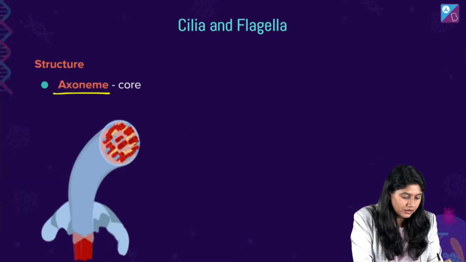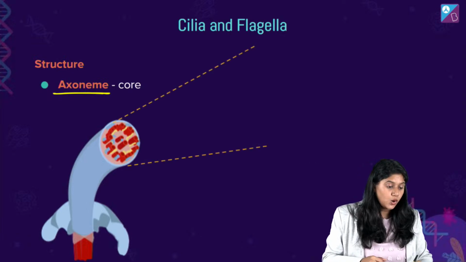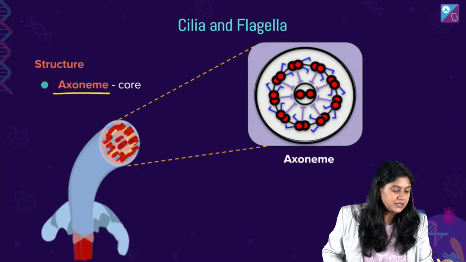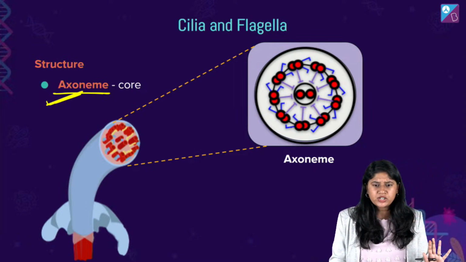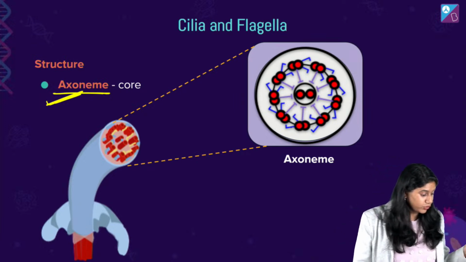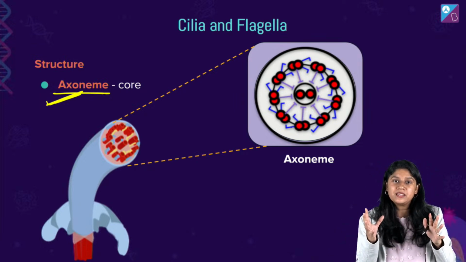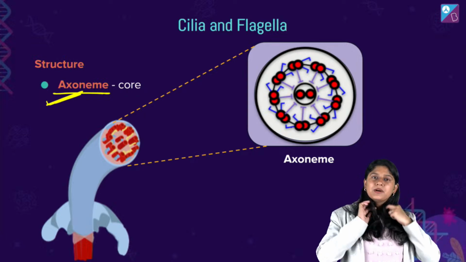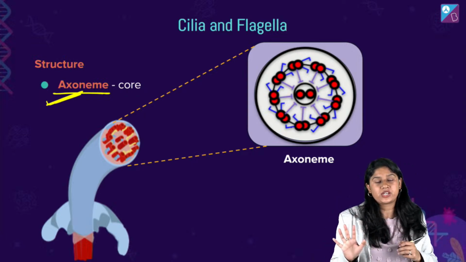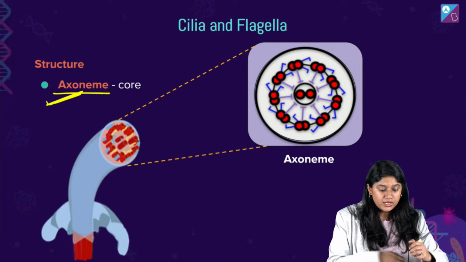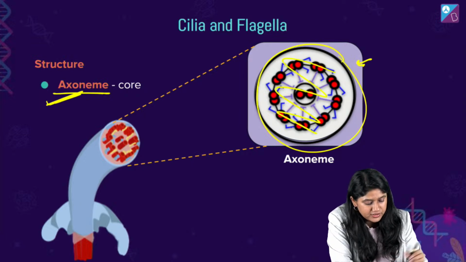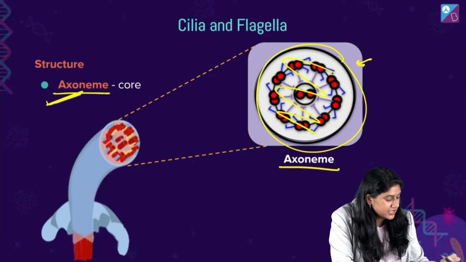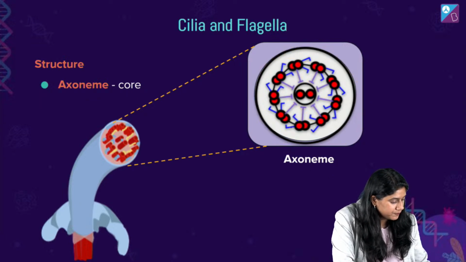Now, if you look over here, we have a very strong core which is called as the axoneme. Clear, everyone? All of you. थोड़ा सा difficult नए words आ रहे हैं. I know that for all of you there are few new words that has been added into your vocab, but आराम से अगर आप बार-बार पढ़ोगे तो याद हो जाएगा. Clear? इस पूरे एरिया को, the core area, right? Their core. ये जो आउटर बाउंड्री है और इसके अंदर का ये सब है, इसे हम क्या बोलते हैं? Axoneme. Clear everyone?